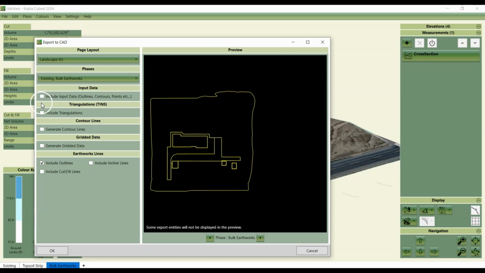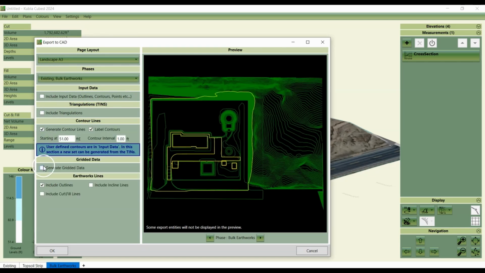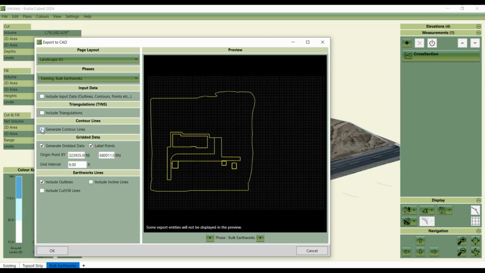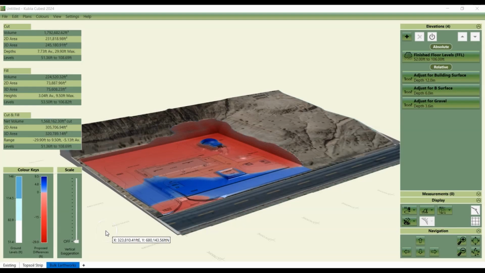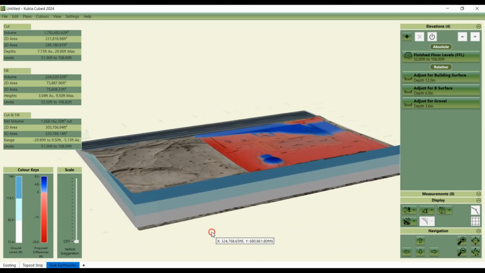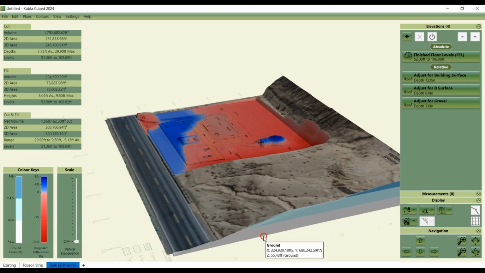And additional exports let you generate contour lines or gridded data and more, as you can see, depending on the needs of your project. These exports allow you to share precise project details with clients, contractors or stakeholders. So I hope they are of use to you.